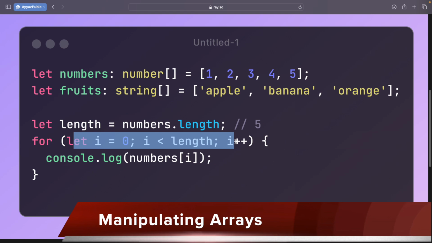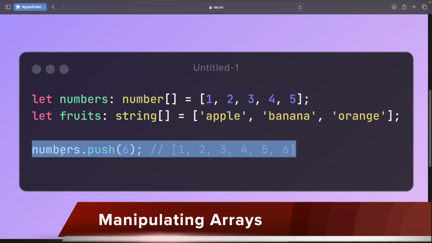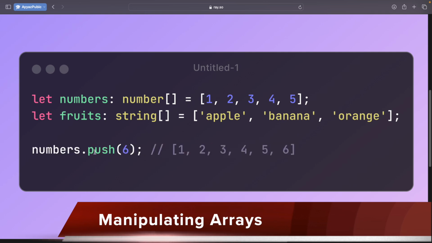Next one is manipulating arrays. I will show you how to add elements to an array. For that, we will use the push method that adds one or more elements to the end of an array. So this is the example. You can see I am pushing the 6 in the numbers array, and this would be the resulted array that you will see